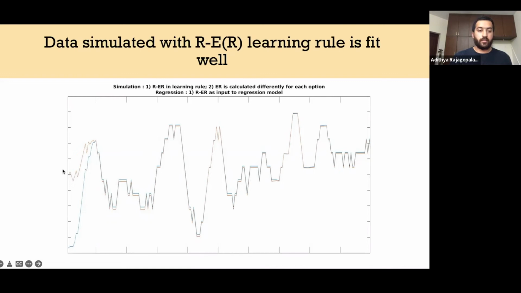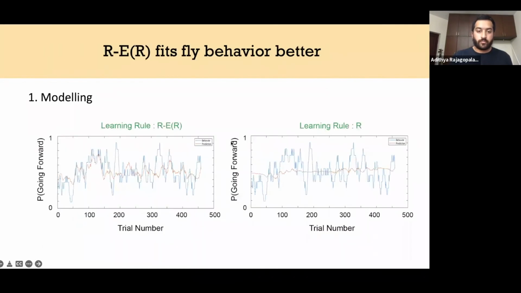In orange here, you have the behavior simulated by the model, and in blue you have the outcome predicted by the regression model. And so when we try to fit these two different learning rules to actual fly data,